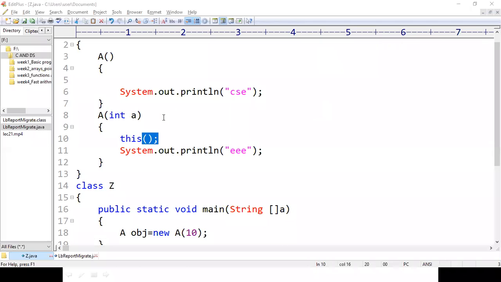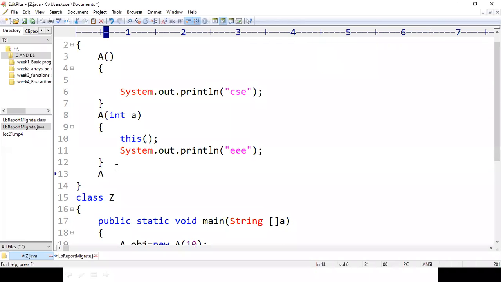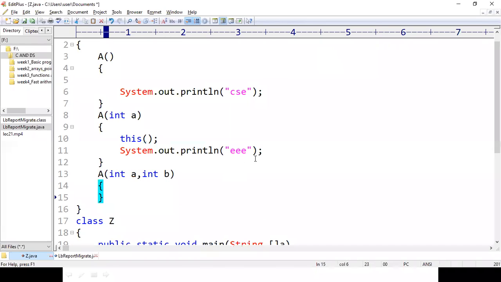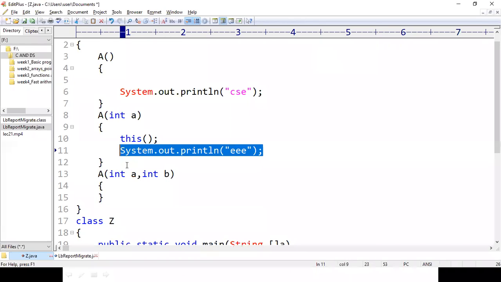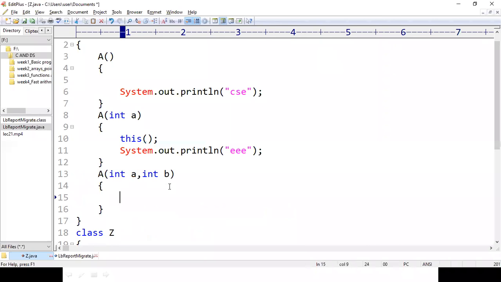So here, let us have one more constructor. This constructor is going to take two parameters, for example, int a, comma, int b, right? What this constructor is going to do is print something called Java on the output screen, right?